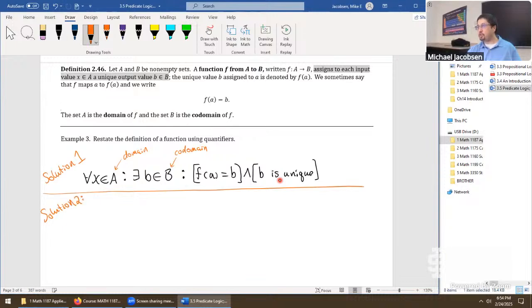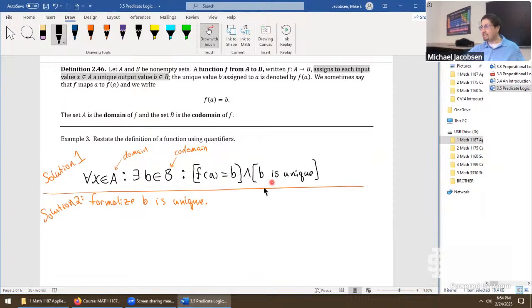The whole goal in solution two is to formalize B is unique. I think solution two is more in spirit of what example 3 is trying to do in this section. But again, just to emphasize, if you left it out on this way in solution one, this is for full credit as well. So we need to assert that B is unique. How can we do that? Well, let's try out here. B is unique